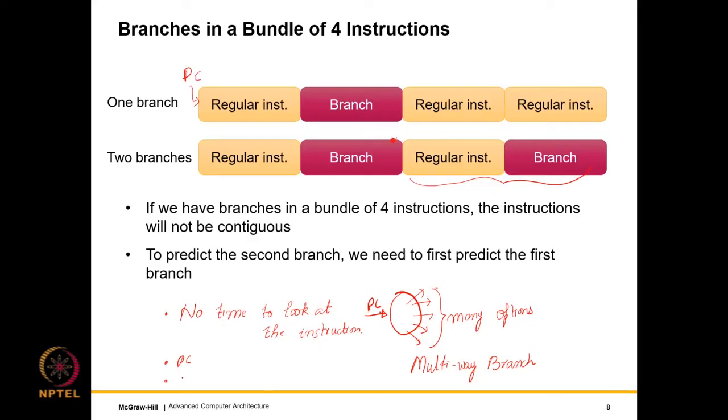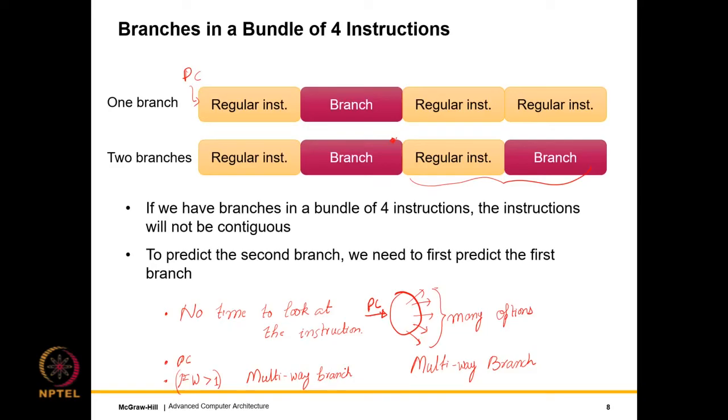Furthermore, if we want a fetch bandwidth, a fetch width, greater than 1, we are essentially looking at a multi-way branch, where for the bundle as a whole there can be multiple targets, right? Because the bundle can have multiple branches within it. All of these branches have to be predicted correctly, and we will have to find the final correct path, which is hard. A single branch prediction is hard as it is, but doing multiple branch predictions is even harder. So this is where the role of a smart compiler comes in.